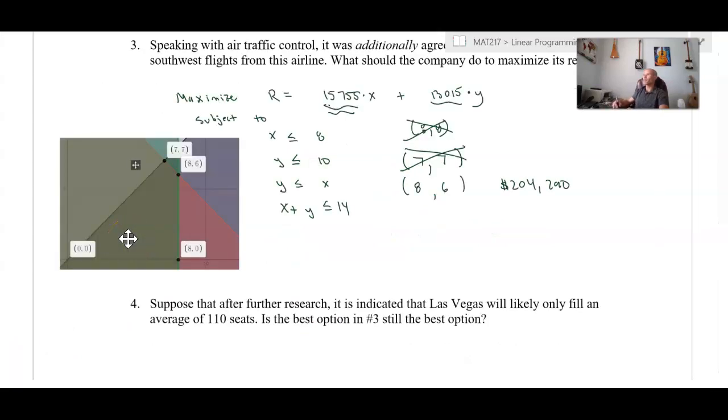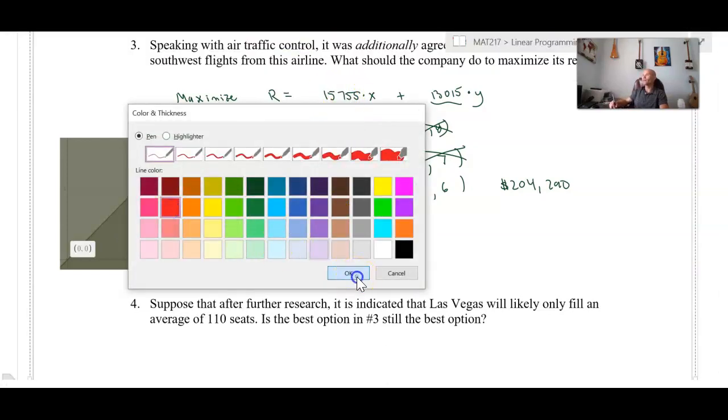So let's make this problem a little bit more exciting and say, suppose that after further research, it's indicated that Las Vegas will likely only fill an average of 110 seats. Is the best option in number 3 still the best option? Well, how does that change this problem? I mean, our constraints are still the same, but now we're not going to yield as much money on each Las Vegas flight